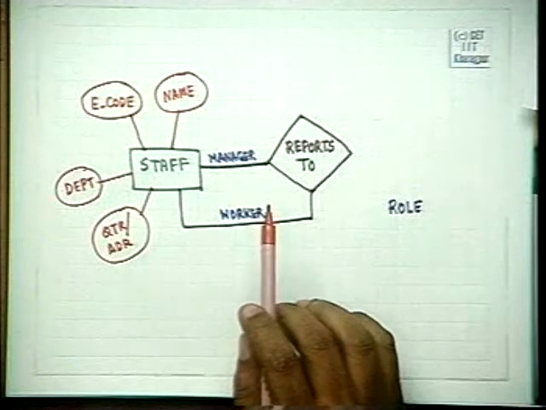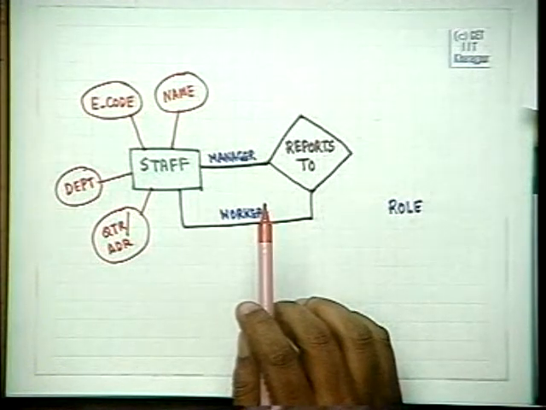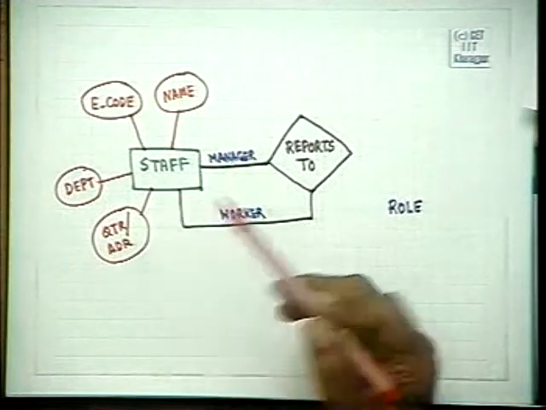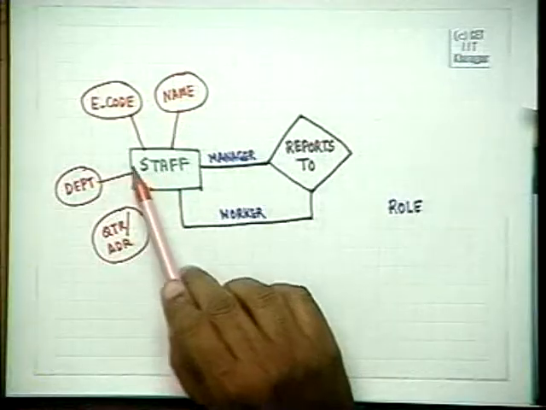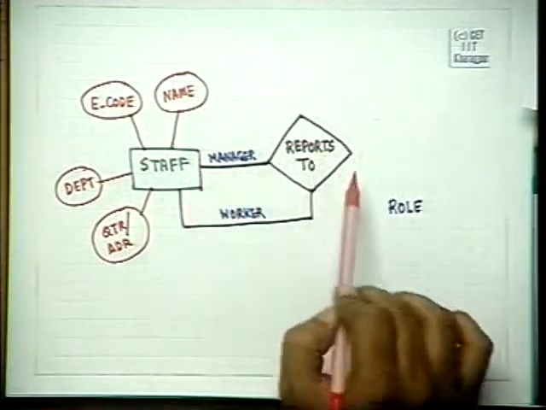So to identify that, we put some labels on the links as and when required. So now in the same case, suppose, for example, like attendance or roll call, there will be a student also who reports to the same person. So in this manager will report to another set of persons. So I'm talking about a student reporting to the manager now. There are staff reporting to that person, but there is also a group of students who also report to them. Now the question asked is that some staff report to staff. This is one type of relationship.